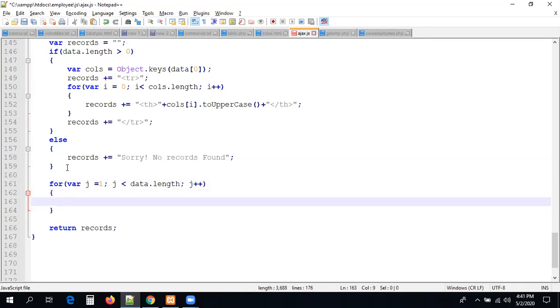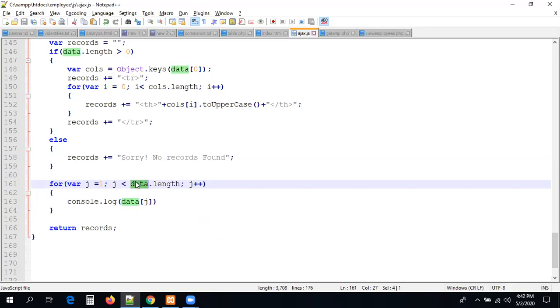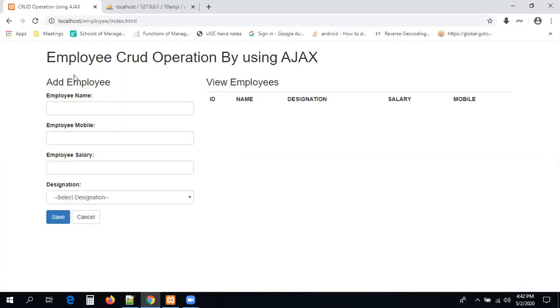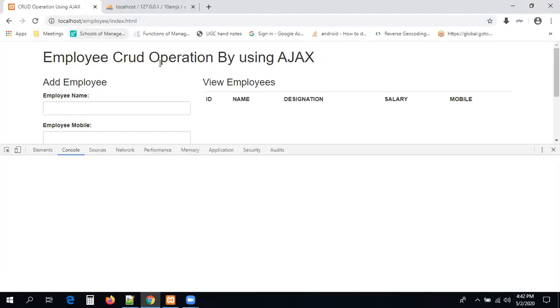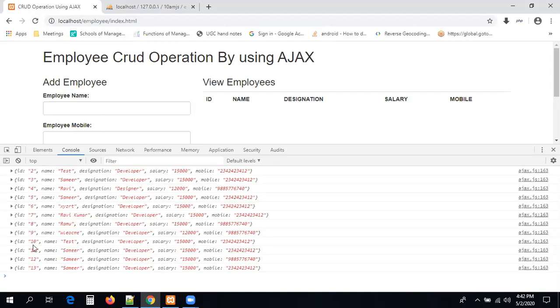So let me print console.log data of j. I'm just printing. You already saw the data. What does data contain? Data contains an array of objects, almost all 13 objects. Now it is iterating individual objects. Now you can see the loop will be iterated 13 times and you will get each and every object's data. Let me check it. If you refresh, can you see here? First object, second object, you are getting all the objects now. In every object, we have some columns, guys. This is ID, name, something like that. Every object is one record here.